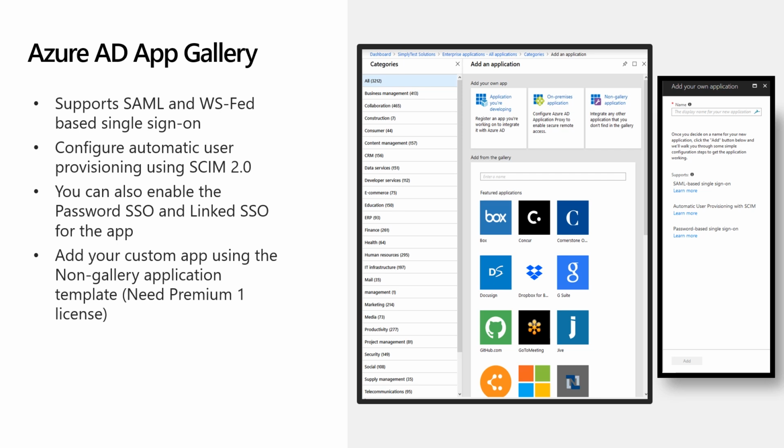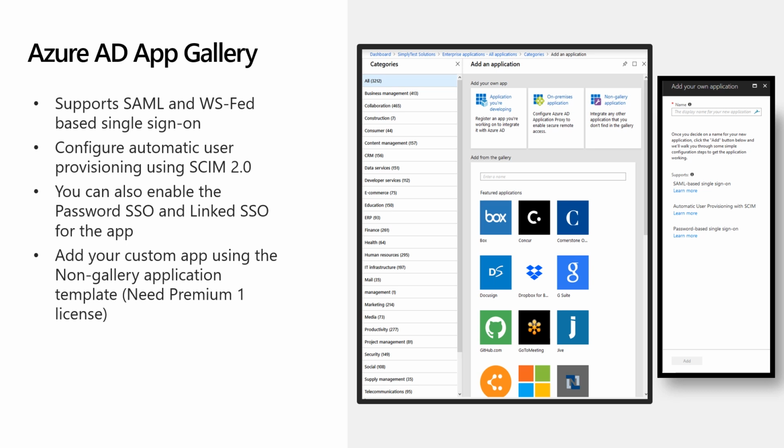We talked about Azure Active Directory App Gallery, but let's have a look at it and understand what it means. Basically, Azure Active Directory Application Gallery is a common place for our customers so that they are able to access applications from the gallery. Azure Active Directory does support different federation protocols, and so our gallery also supports SAML, WS-Federation, OpenID Connect, and OAuth-based applications. You can configure automatic user provisioning with these applications once you add them into your tenant.